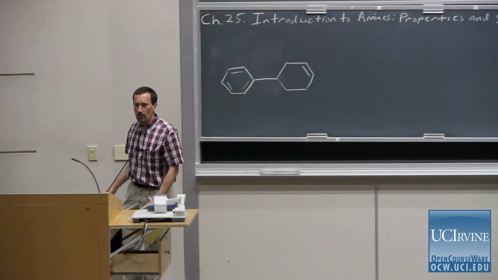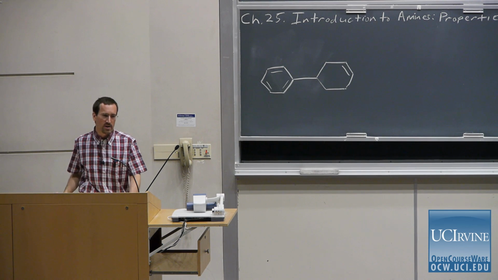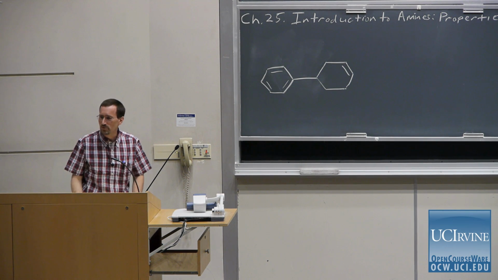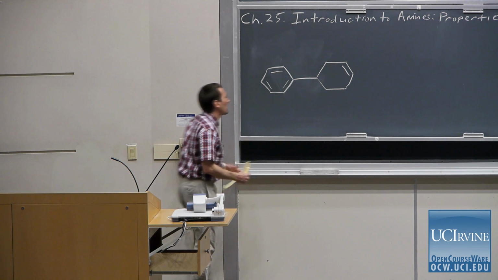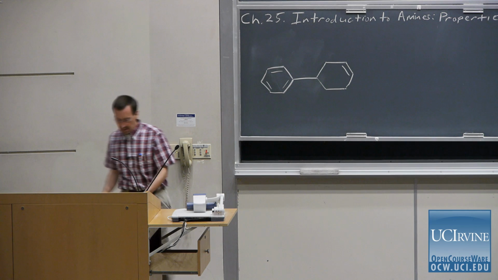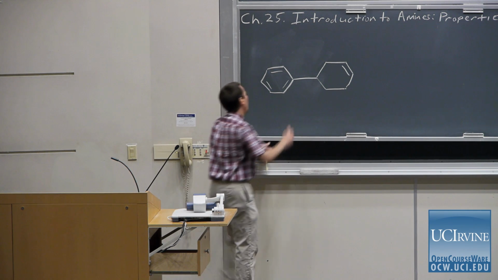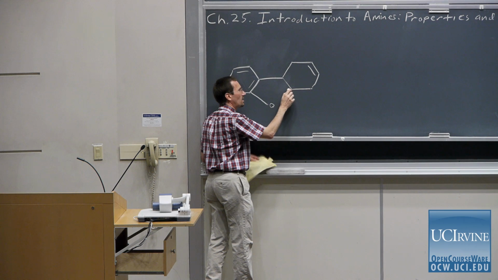For everyone here, you'll know my handwriting's no great shakes, and yet a few simple tricks like being able to draw a hexagon or being able to draw a zigzag line really help. We're going to connect these two rings together by way of an ether linkage from the benzene to the cyclohexene